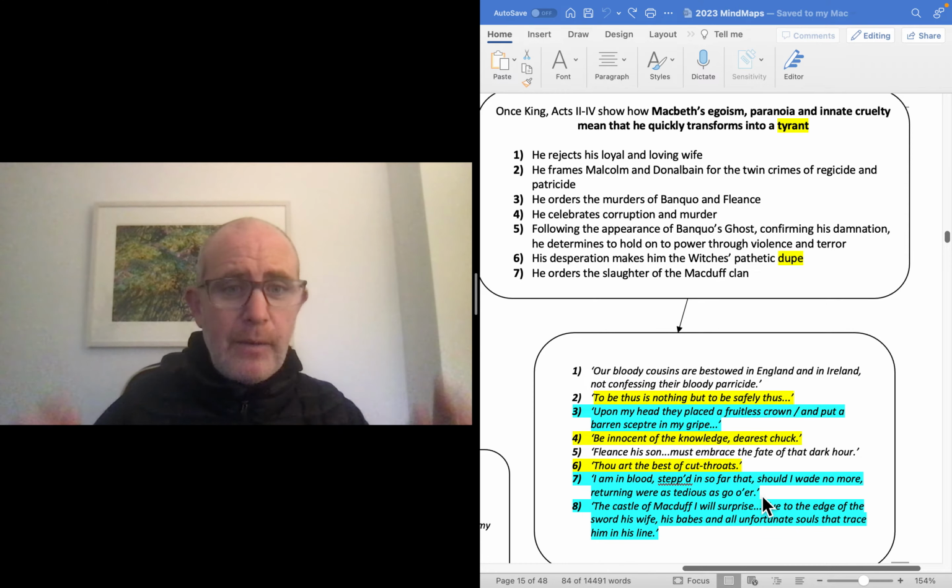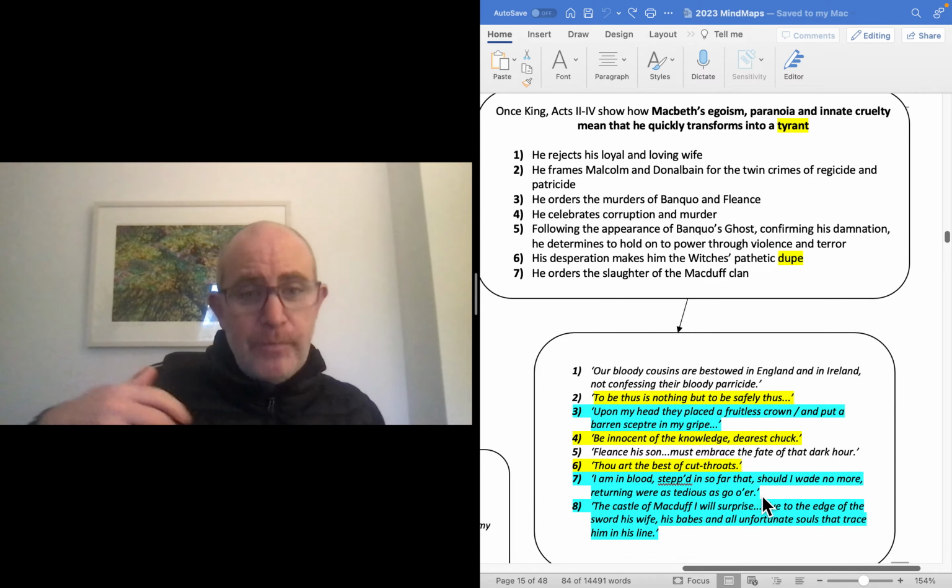So when they say beware Macduff, he already knows that Macduff is not his friend. He didn't attend the coronation, and questioned him immediately after the regicide. But then when he hears Macduff has gone to England, what does he decide to do? He decides to slaughter Macduff's family. And it's a very famous line from the play, and you need to learn it. "The castle of Macduff I will surprise, seize upon Fife, give to the edge of the sword his wife, his babes,